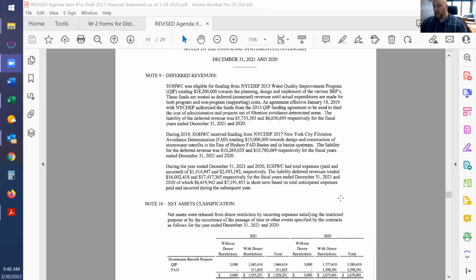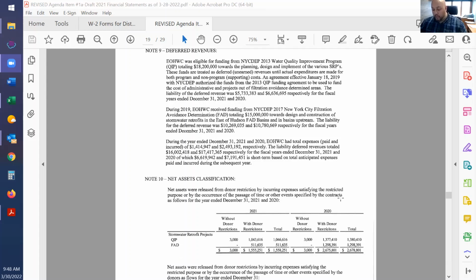And basically when you earn it is when you expense or use those monies for the allocated or allowable expenses. That's when we're earning it, and that's why we've got the deferred revenue as a liability. And each year as we're expending against that, we're releasing that deferral, creating the revenue that's being reported in each year. And that's a summary of how those deferred revenues were basically created.